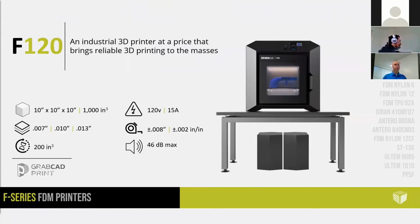So let's jump right into the machines here. We're going to start from the bottom and move our way up. Most of the systems operate with similar hardware, and so you're going to see a few changes as we continually step up